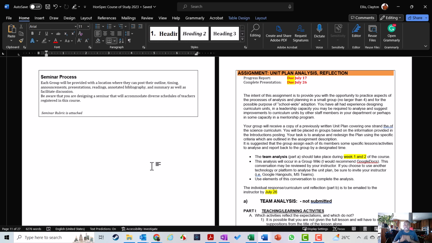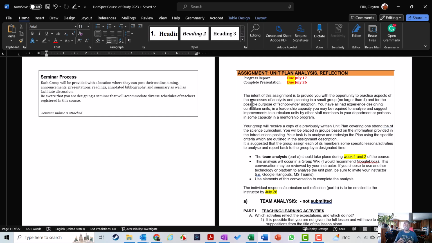Generally, you don't need to completely destroy it and then build it back up. Generally, you can take a look at what has been done and then see what is missing. So this exercise is to simulate that possibility of you going to a department and having to refresh unit plans, lesson plans, the entire course plan, whatever it might be. So for the unit plan, you will be working in groups of 2, 3, or 4. I suggest 4 because it means that you have more minds working together and it'll probably lighten the load.